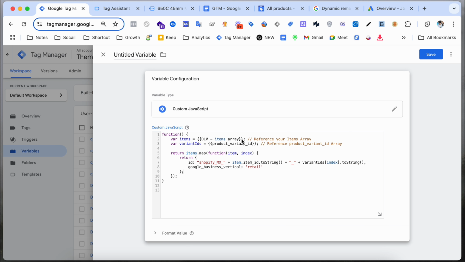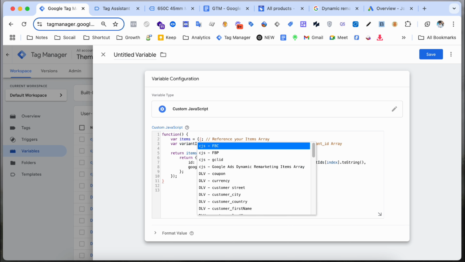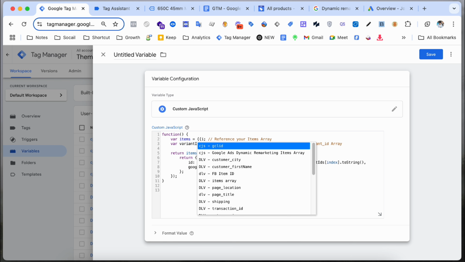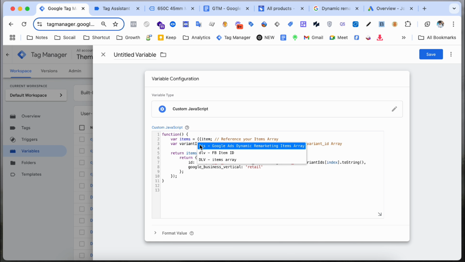We also actually have to change those things, and after that this will automatically create this one. So I simply remove this from here and choose my data layer array, the items array. Yeah, this one, DLV items array. And here I also have to change this product variant ID. I already did it, but okay, I'll change this again to show in this video. So product variant ID,